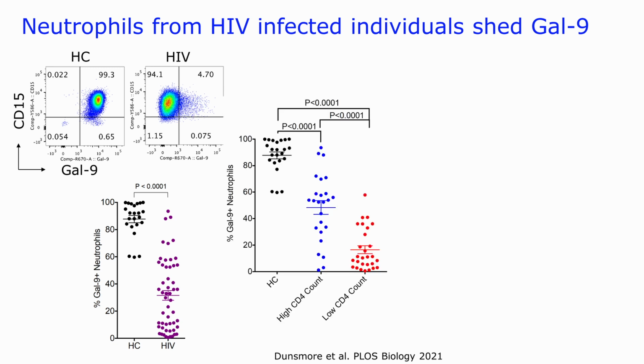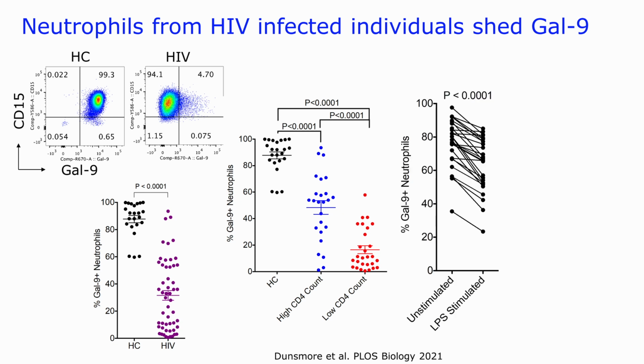So we wanted to see why there is a wide range. And then we found that those who have low CD4 have very low GAL. But those who have high CD4 have moderate levels of galectin-9. So the question was how they release or shed galectin-9. This is a very large study, but we found that when neutrophils become activated, they shed GAL. So this is stimulating neutrophils with LPS, and as you can see, an hour of stimulation is enough. You see a significant decline in neutrophil galectin-9.